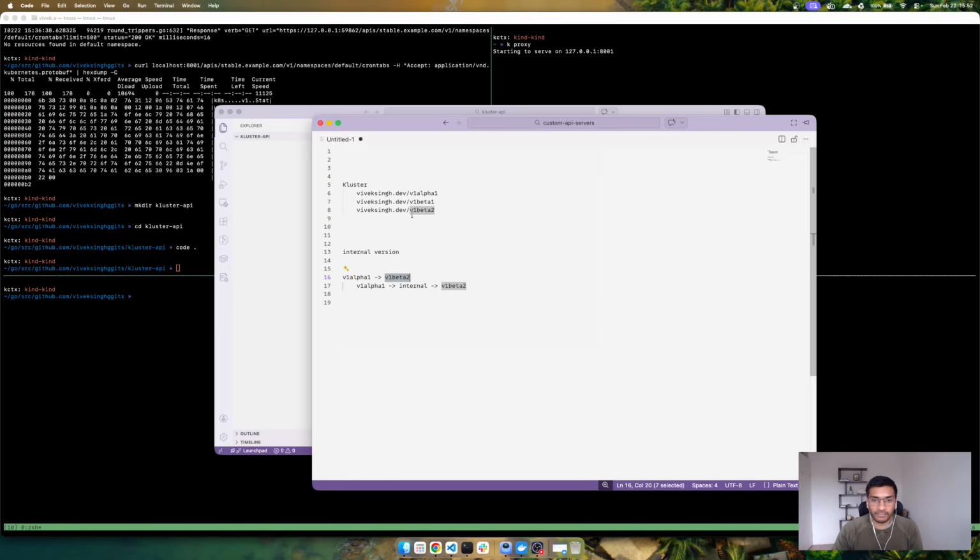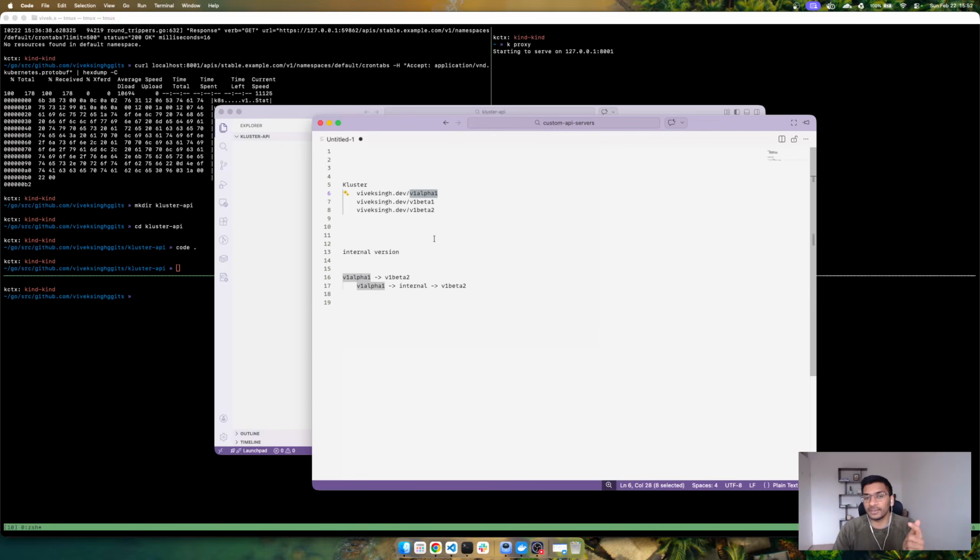For example, if v1 alpha 1 knows how to convert itself to the internal version, and how the internal version can be converted into v1 alpha 1, if all the resources have this knowledge,